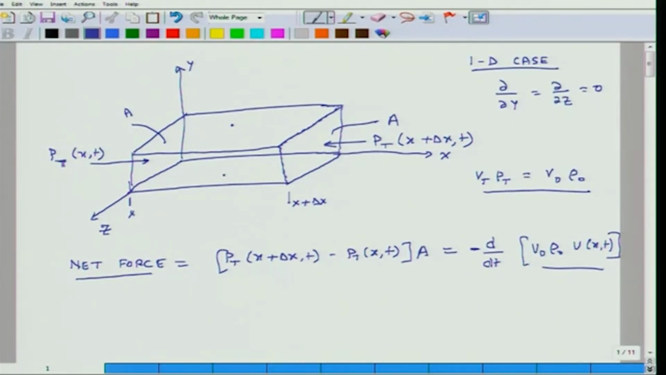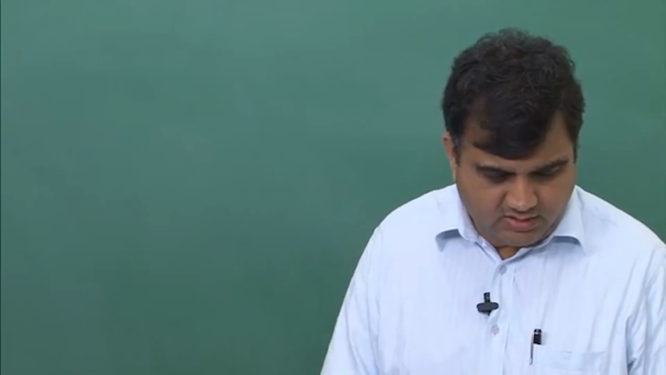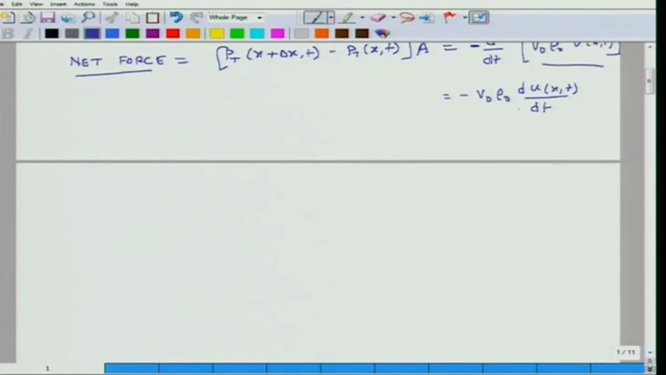So this is the first change I have done. The other thing is, we should also note that V naught rho naught is constant, so I can take it out, minus V naught rho naught du xt over dt. Okay. Next, what I do is I expand